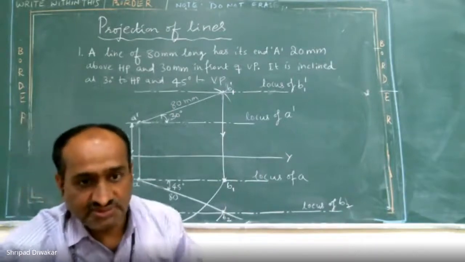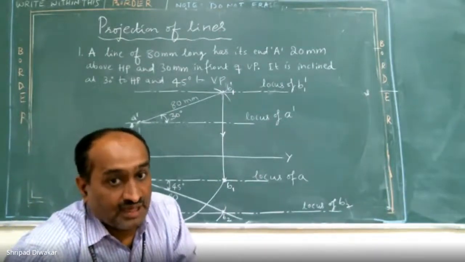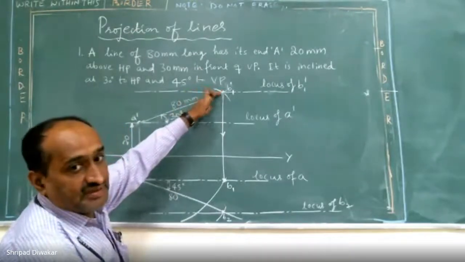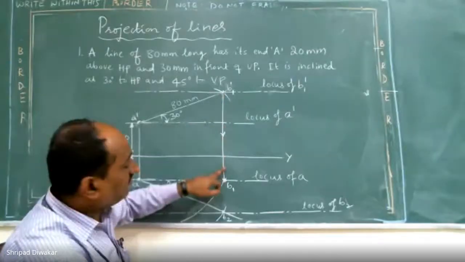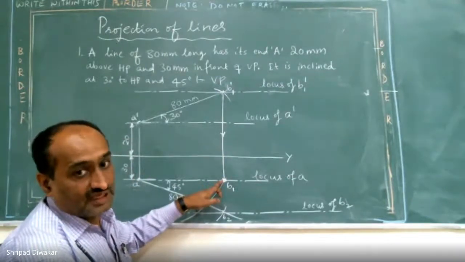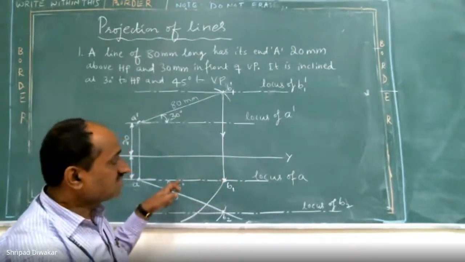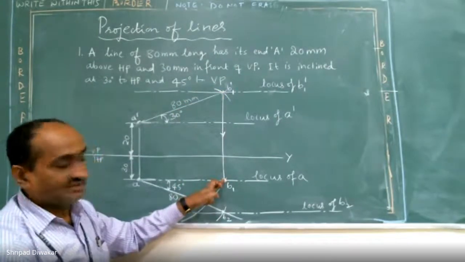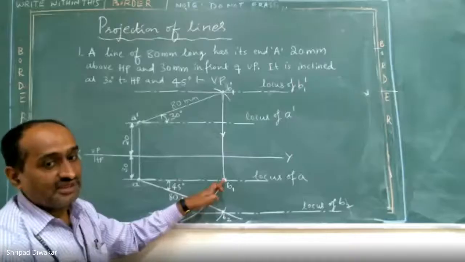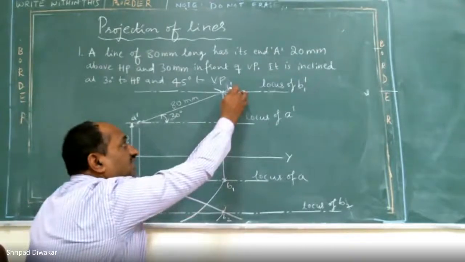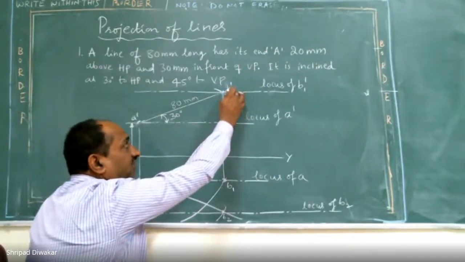Understood up to this point? Yes, sir. Okay, now next, be careful. You are having the point B1 dash, right? Next, you have to draw one vertical line, 90 degree line. It should cut the locus of A. You remember? Start from here and end up to here. After this, we are having the B1 dash. It is your front view notation.